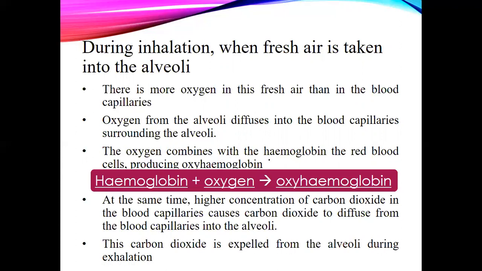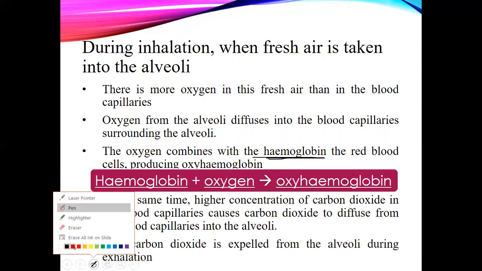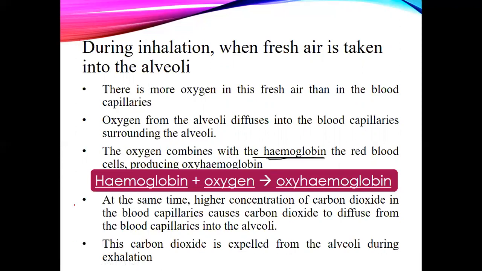Before we proceed, I would like to tell you the meaning of hemoglobin. As I mentioned in the class we had, hemoglobin is a protein found on the surface of the red blood cell. Hemoglobin is a pigment. It gives the blood its red color. The blood is actually not red by itself, but because of the hemoglobin, it becomes red. So the hemoglobin is what takes the oxygen to form